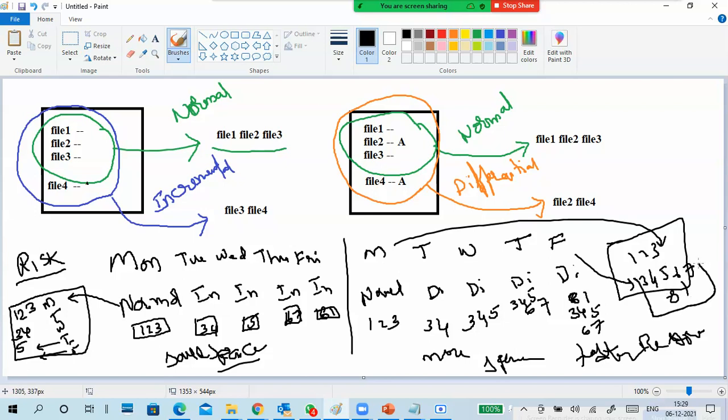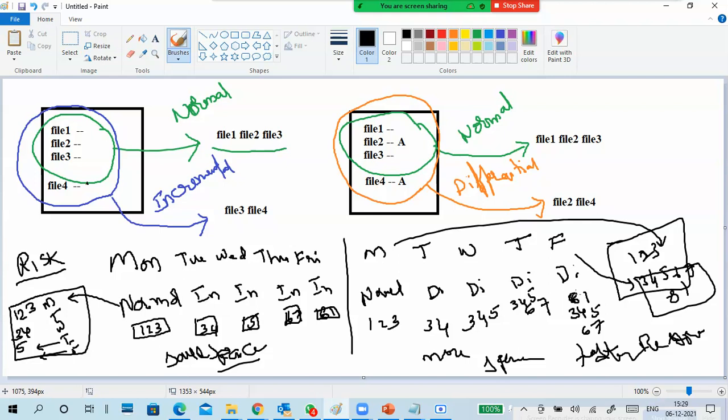So this data I will restore directly from Friday. No need to go for individual files. So what is the advantage? Even though it will occupy more space, I can restore the latest data immediately. So that is the main point of your types of backups.